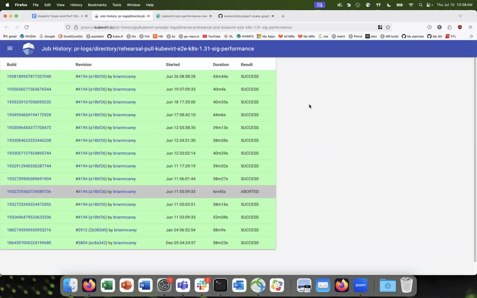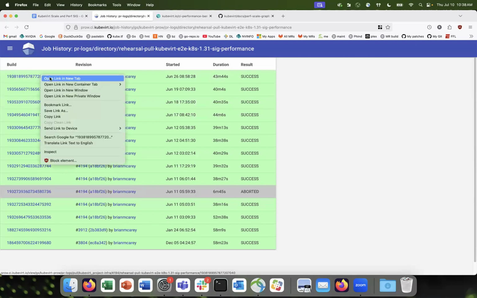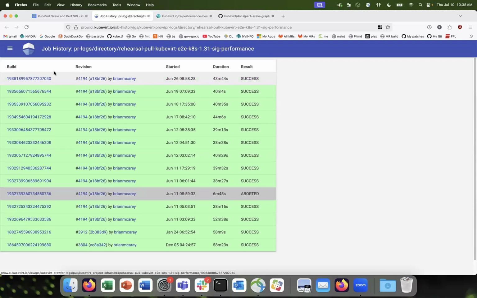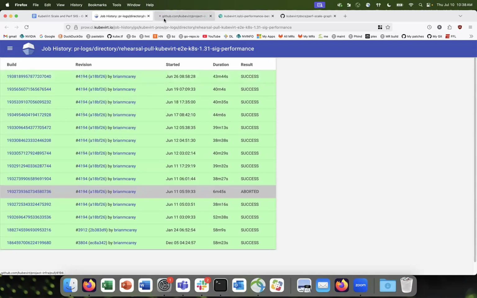I believe it's more about CPU contention that we experience, and that's why the performance dropped for the P50, P90, and P99. This rehearsal should be showing the better numbers now. If that's the case, then we can just merge PR 4194,